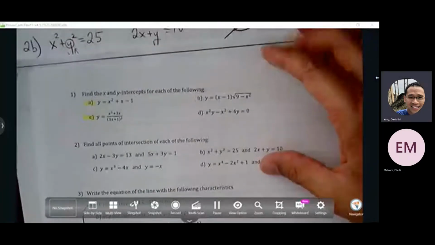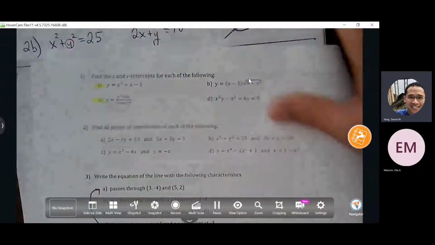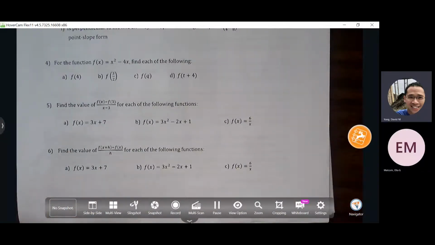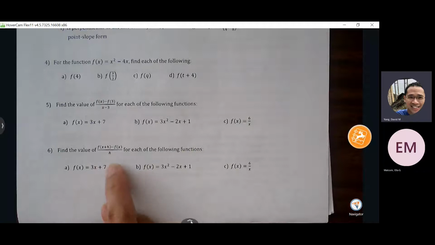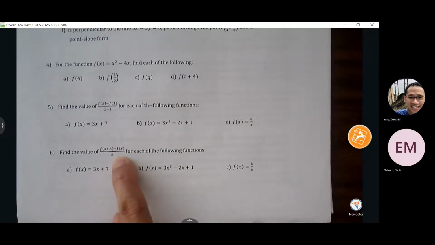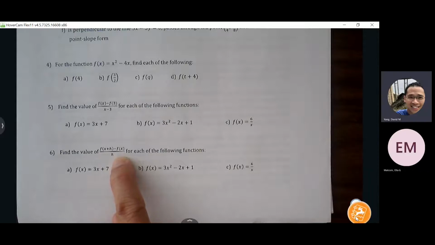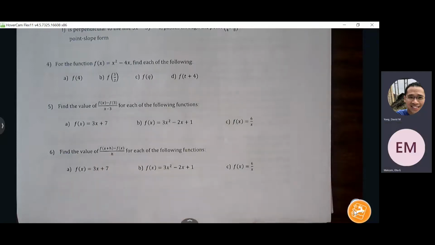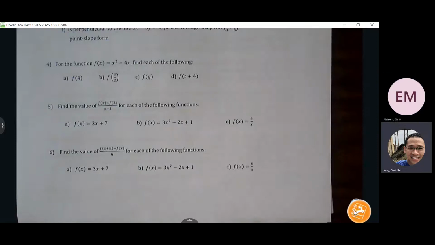So, summer packet number 6. Number 6 says find the value of this messiness that we see here for each of the following functions. Now, this has a special meaning when we get into the calculus of it all, but right now we're just focused on the algebraic portions of it. So we're not going to talk about the meaning of it just yet, but just the algebra, the